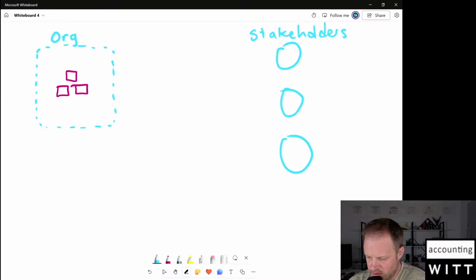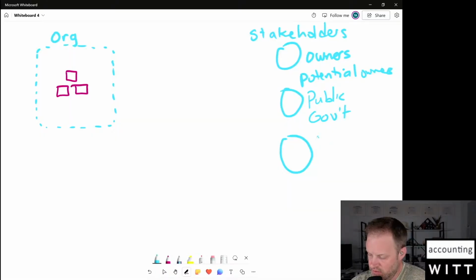So these owners, potential owners, the public, or government regulators, let's call it creditors or potential creditors. All right. This whole picture is about explaining to them the story, but I want to be able to work into here the idea that